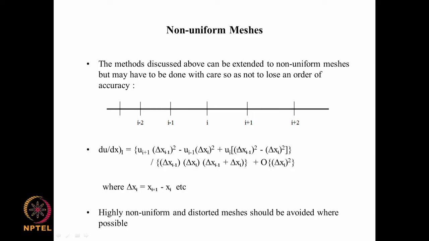And we would like to point out that sudden changes in grid spacing should be avoided where possible, okay. So, with this we have covered the finite difference approximations for derivatives, and we have also applied it to a couple of example problems, and we have also seen time discretization, and